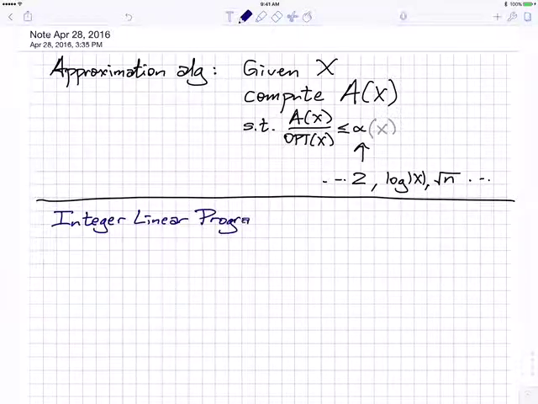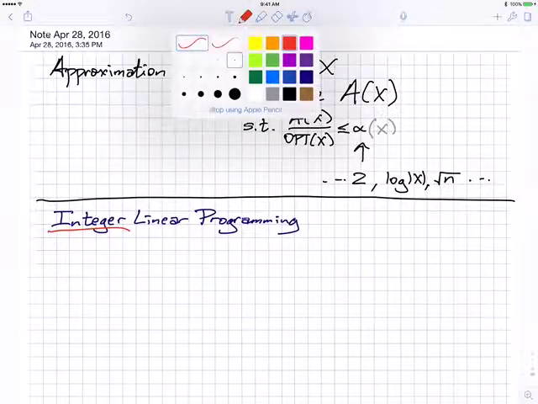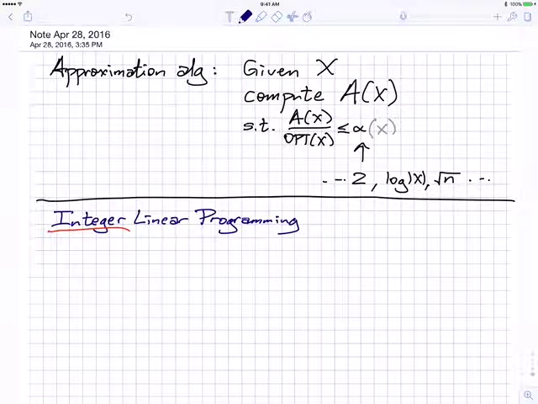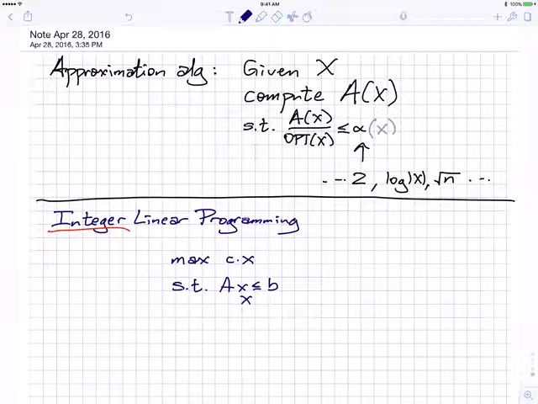Now, we've already seen linear programming, so I'm adding this adjective here, integer linear programming. And if you recall, the standard canonical form of a linear program is